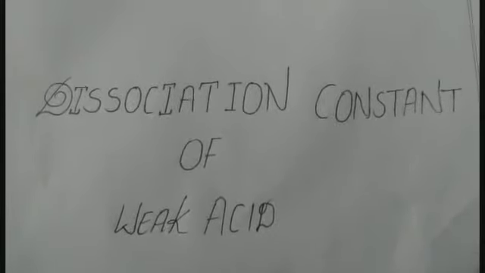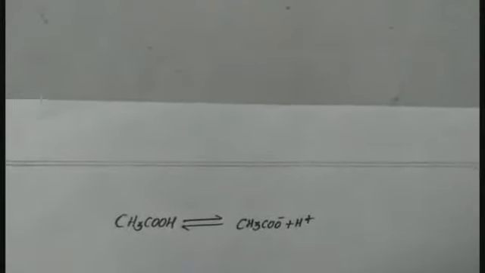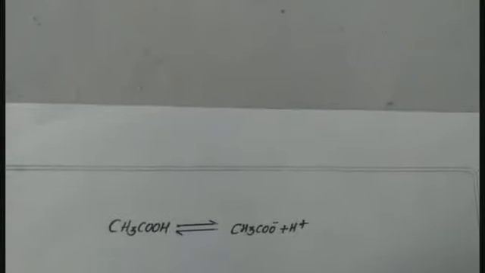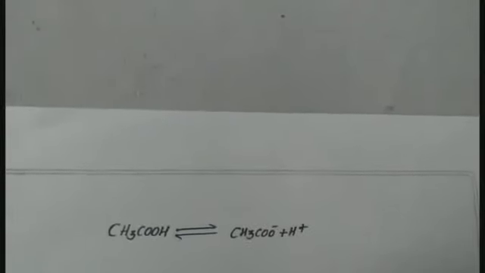Let us determine the dissociation constant of a weak acid using potentiometry. Dissociation of an acid may be represented by the equation CH3COOH ⇌ CH3COO- + H+. When the acid is half neutralized, the concentration of acid and the concentration of its salt in the solution will be equal. For a weak acid, the concentration of undissociated acid molecules can be assumed to be unchanged by the small fraction which dissociates to provide the hydrogen ions.